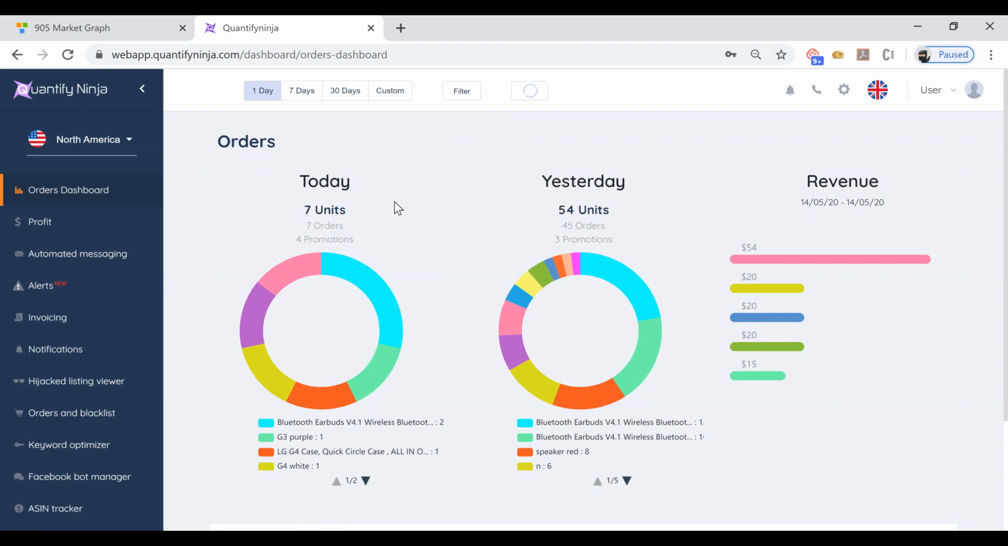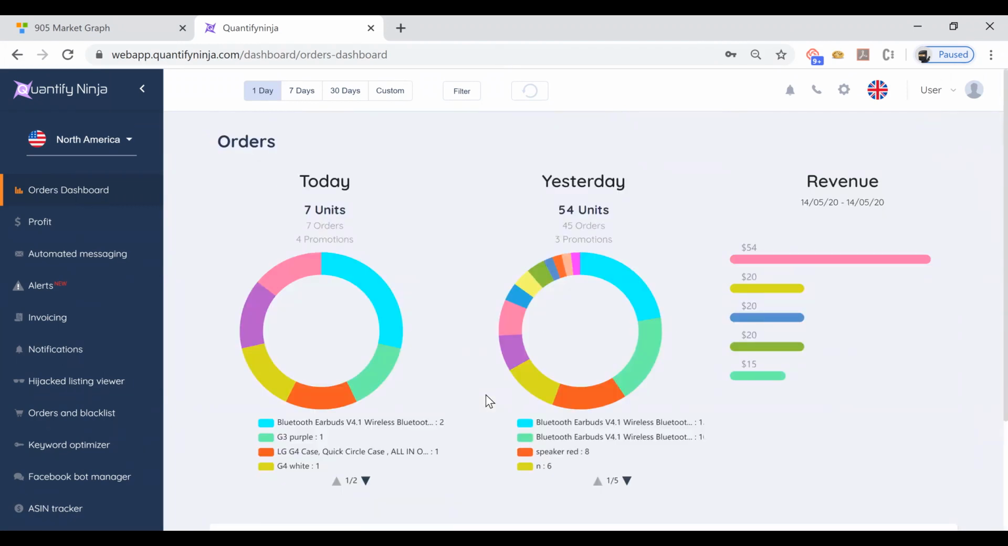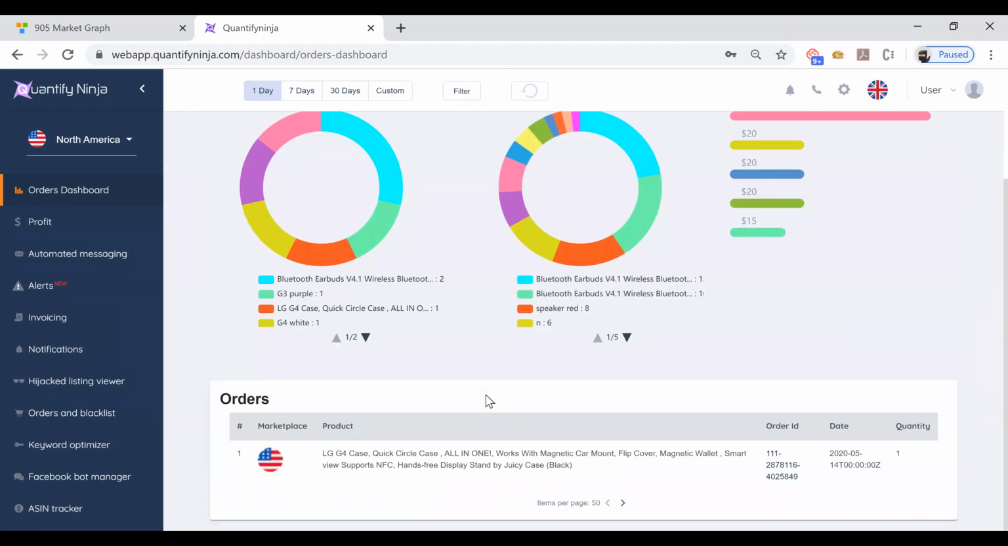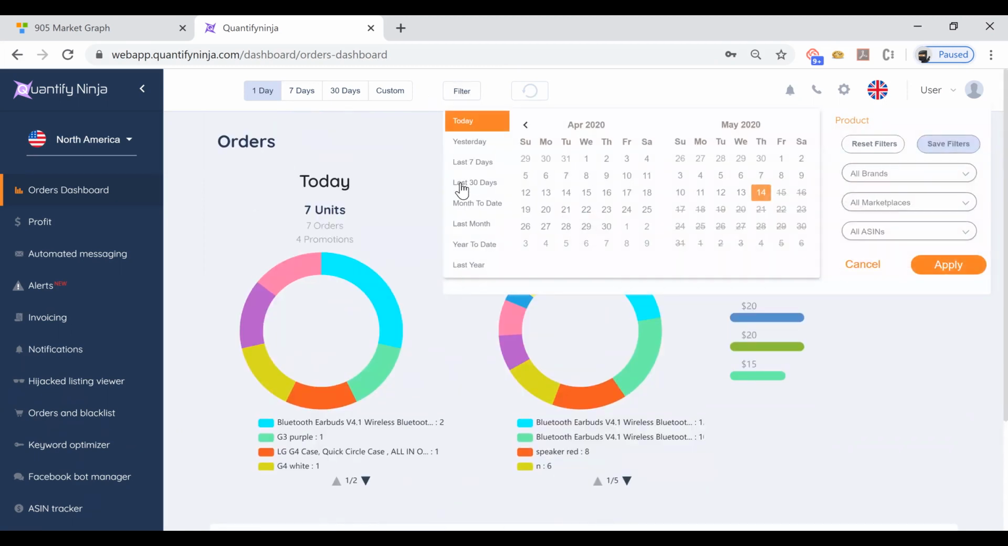With Quantify Ninja, you can see it very easily, and you can just hover the pie chart and see how many products you sold and what is the revenue. And at the bottom you can also see the orders themselves. But as I said, these are fake orders, so we don't have all the data. You should see a table full of orders, and with the filter, you can, of course, select specific time frames